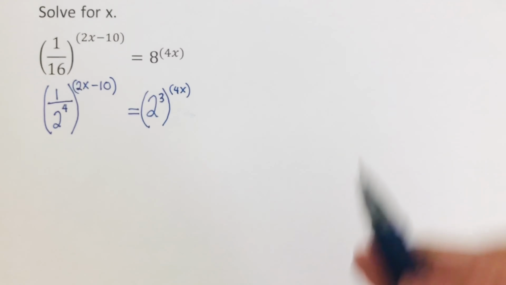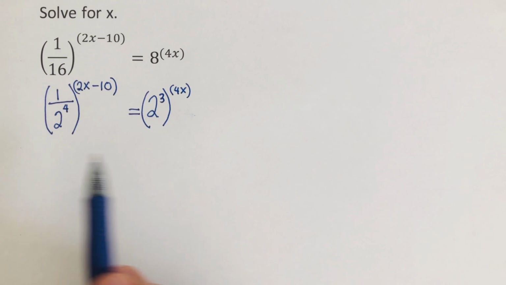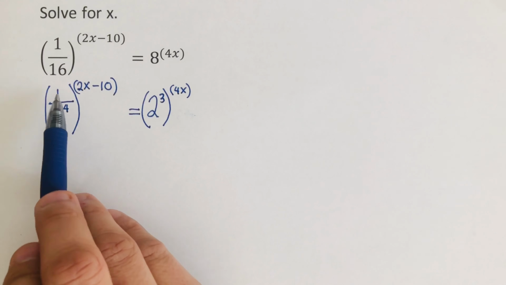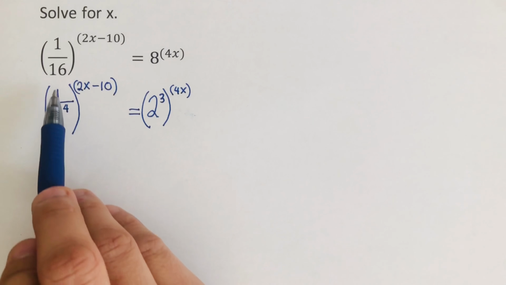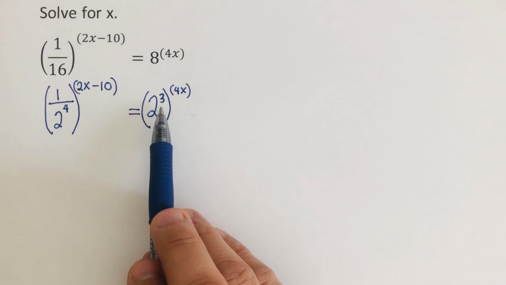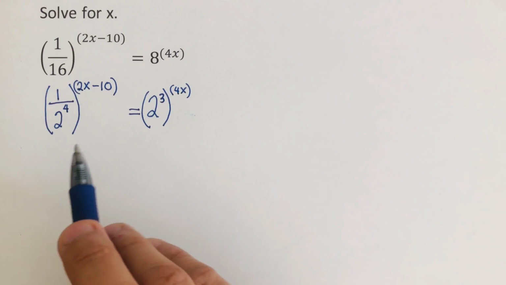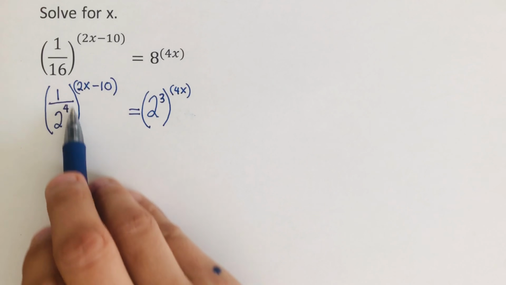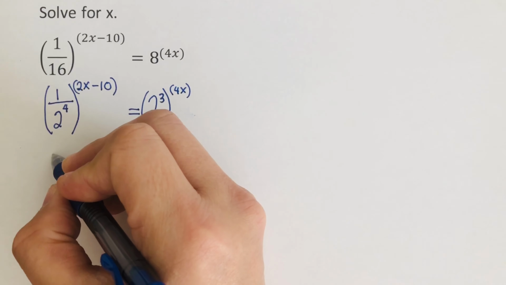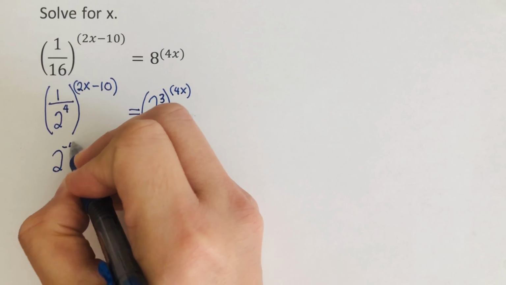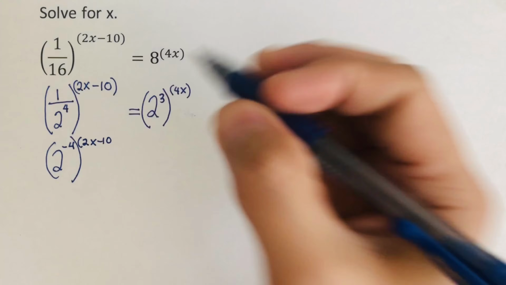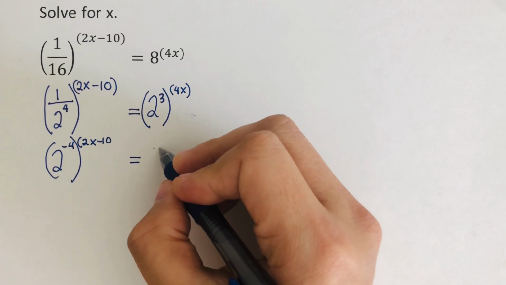So from here, we can simplify this, since they don't have the same base here, because that is 1 over 2 to the power 4, and this is 2 to the power 3. So we need to make them even. To do that, we are going to flip the fraction, and if we flip the fraction, we switch the sign. So this would come out 2 to the power negative 4, and then that is to the power 2x minus 10. And that is equal to 2 to the power